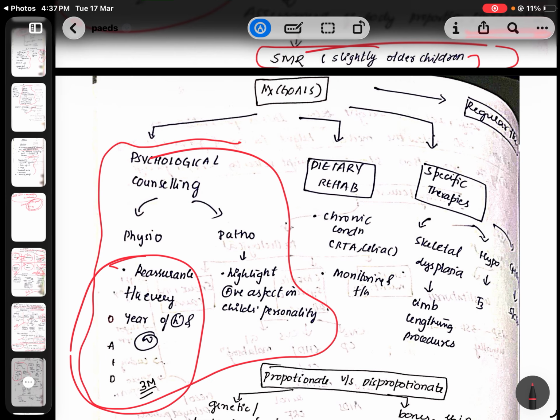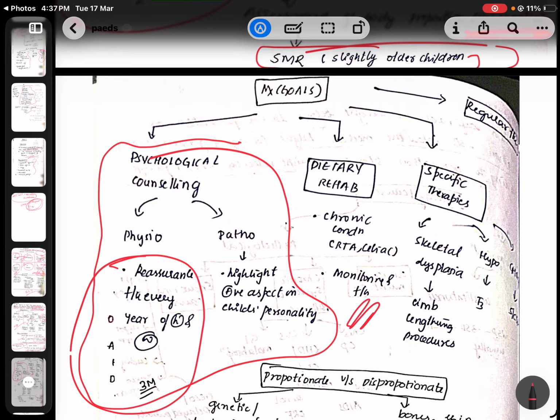Then if it's pathological, you also have to highlight the positive aspects in the child's development. This is what is given in OP Ghai. Okay, so it is not my words or my own material. This is what was given in OP Ghai, so I just mentioned it. Okay, and also